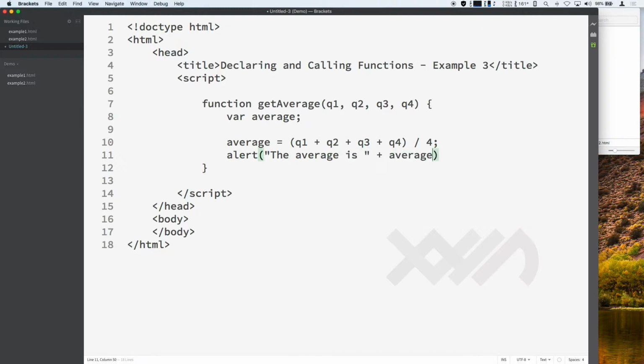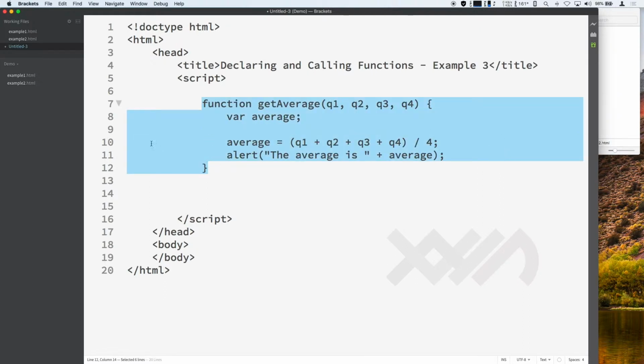average. Okay. So now that I have a function that computes the average, and a function that takes in 4 arguments, it's time to call or use that function. So what I want is for the user to give me these quiz scores, and then I want to pass those quiz scores to the function, and in turn the function computes the average for me. So I'm going to put here quiz1,